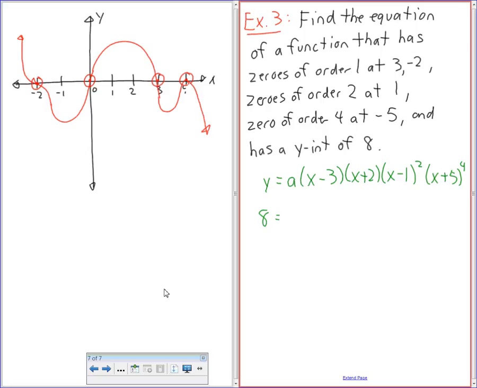So what he said for y-intercept of 8, what point are we subbing in if the y-intercept is 8? Yeah, go ahead. 0 and 8. Now, if you had 2, 24 in this case, what you would do is 24 would be your y and 2 would be your x. Okay? So it's going to go a bracket, 0 minus 3, 0 plus 2, 0 minus 1 squared, and 0 plus 5 to the 4. This is going to be 8 equals a times negative 3 times 2 times 1 times